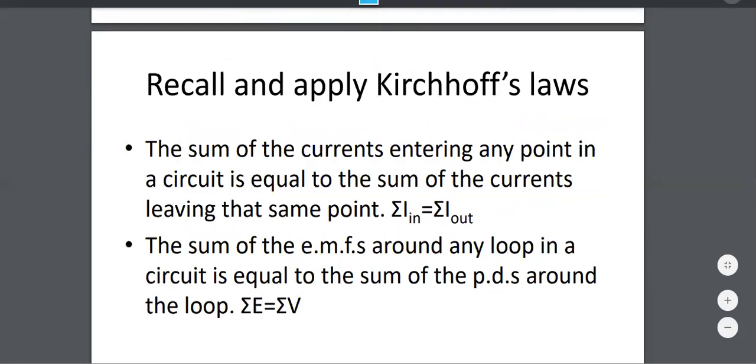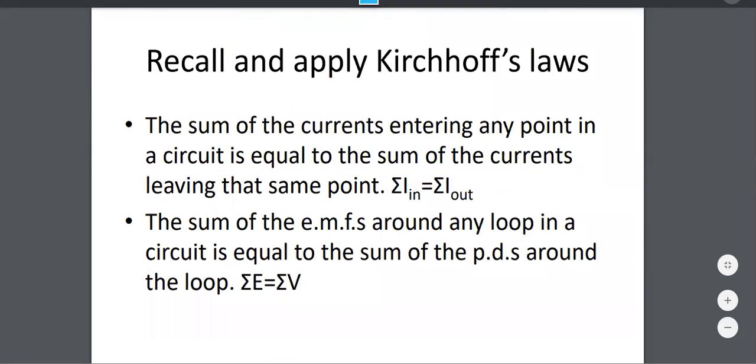Here are Kirchhoff's laws, statements of them, agreeing with the language that was on the chalkboard on Friday. It is important that you remember them in this order, because you could get a question that says, state Kirchhoff's first law. While the physics doesn't care which order they're in, you as a student of physics may be expected to state Kirchhoff's second law. So you have to know that the second bullet point up there is the one that we call the second